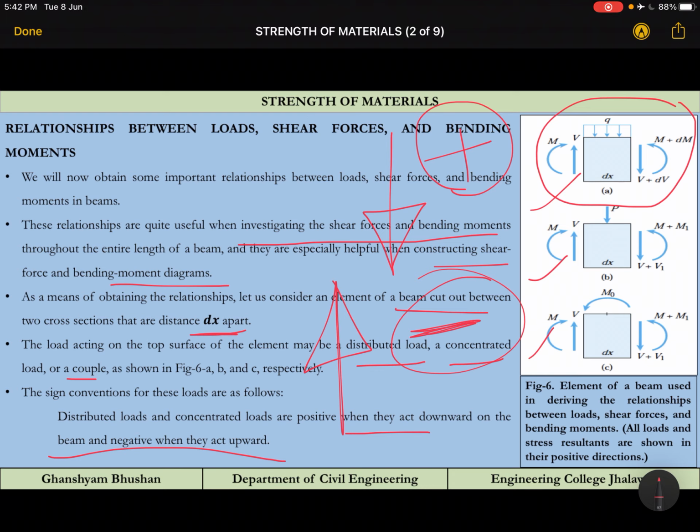For basically load, this is the direction. Now you may ask, sir, why is downward positive? Because in general, on beams the load will be vertically downward only. Okay, when you are constructing a building and you are putting a beam, and if you are putting the next floor or some more floors over there, then what is going to happen? The force will come from top to bottom, that means in the vertically downward direction. So most of the time you will be facing this downward direction, so that's why we are taking it as positive.